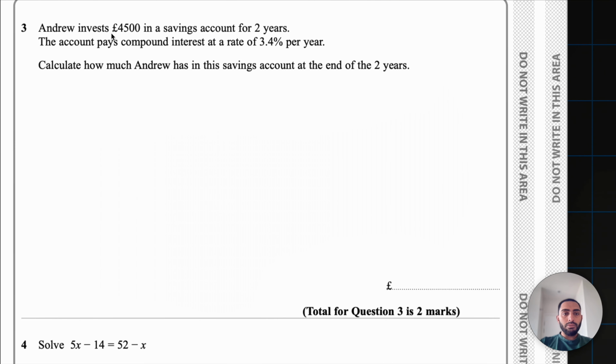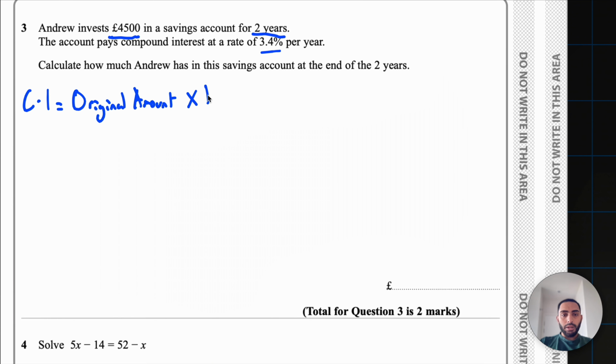Question 3. Andrew invests $4,500 in a savings account for 2 years. The account pays compound interest at a rate of 3.4% per year. Calculate how much Andrew has in his savings account at the end of the 2 years. The formula we're using here is for compound interest, and we're using the original value, the original amount,